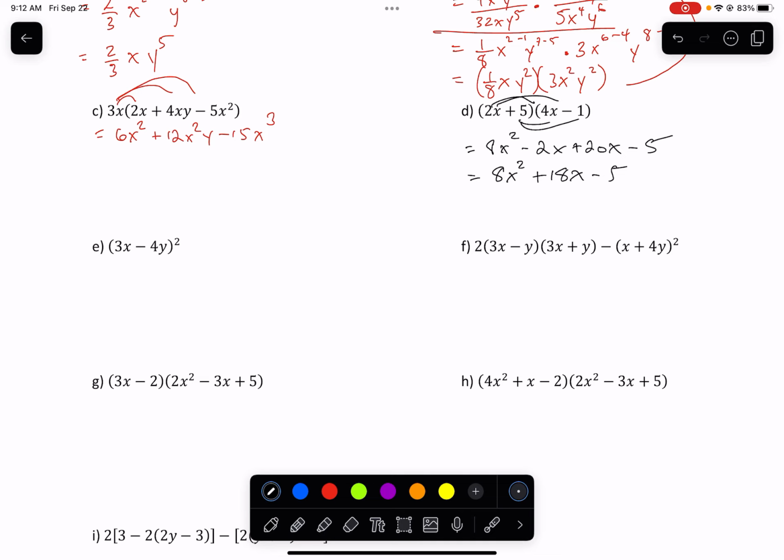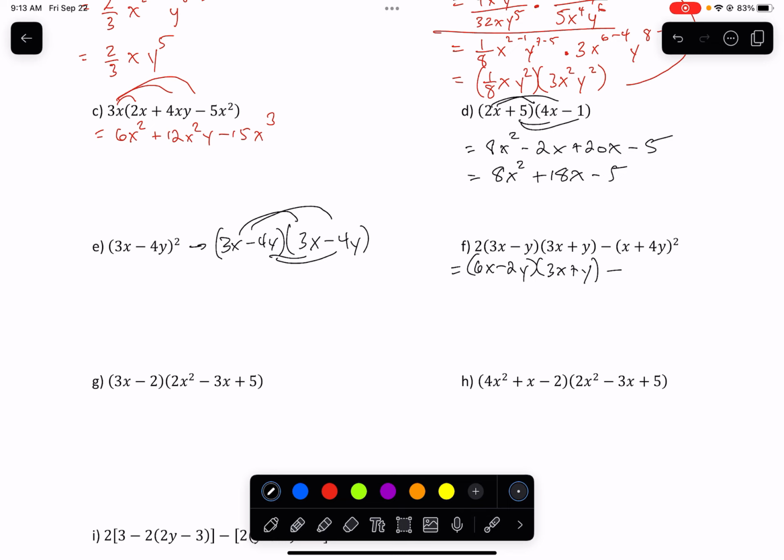Okay, this is the same thing. This is question D, because this is written 3x minus 4y. I'm just going to scoot through here, and if you need any help with this, individually, come talk to me, okay? You can expand that out, just like what we did in D, okay? F is a little bit more lengthy, okay? You can expand the 2 in from the beginning. That's going to be multiplied against 3x plus y